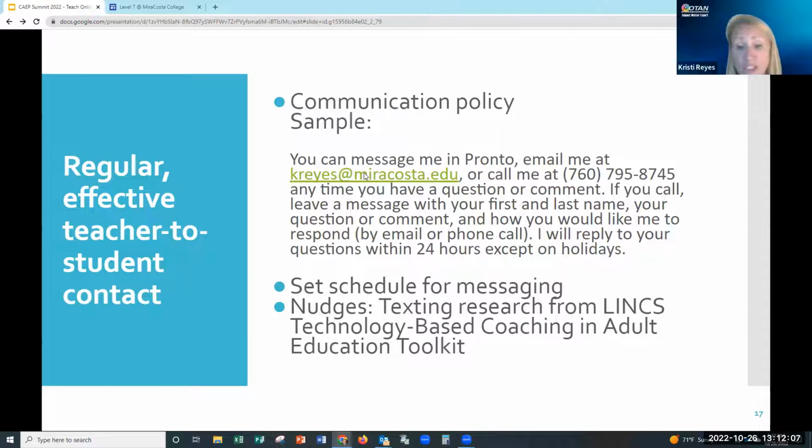Can you type yes or no in the chat? LINCS in August, okay, you can do a search, just type in Google LINCS, Technology-Based Coaching and Adult Education Toolkit. LINCS is kind of the larger body under OCTE, the Office of Career and Technical Education for the federal Department of Education. And they have a lot of great resources there.